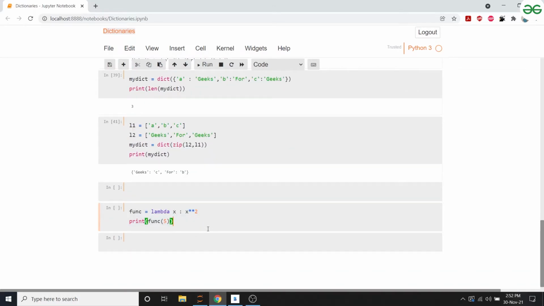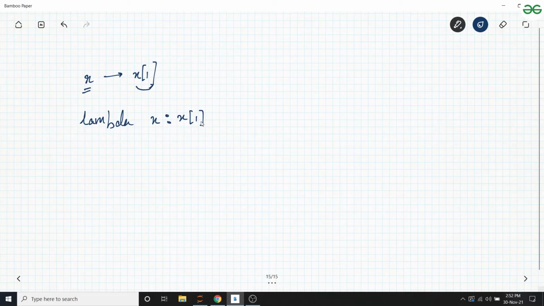Yeah, so x goes to x square. We are trying to find the square of a number. So x goes to x square. The lambda function tells you that if any parameter x is passed, you do not have to treat it as x, but you have to treat it as x square and then return it. Okay, so that's what we've done right now.